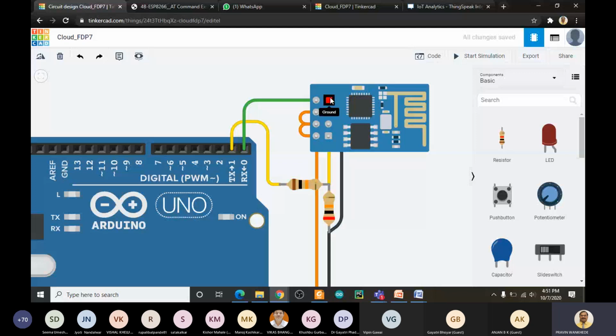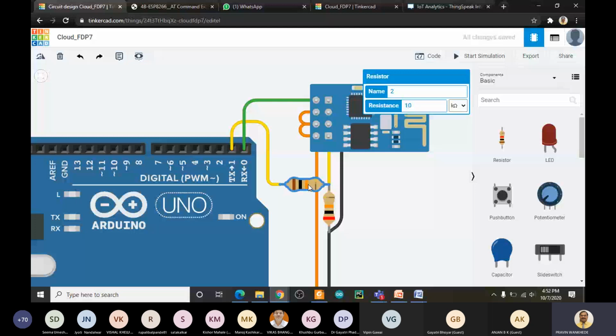While transferring data from the ESP8266, the Wi-Fi module, to the Arduino, we do not have an issue because it transfers the data at 3.3 volts, which goes to the Arduino at that level. But the problem is when we send data from the Arduino towards the Wi-Fi module, because the Arduino data levels are 5 volts, whereas the data levels required for the Wi-Fi module are 3.3 volts. So here we added a voltage divider network. This is a 10 kilo ohm resistor, and this is a 20 kilo ohm resistor.